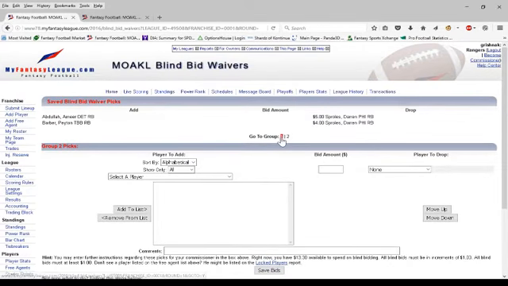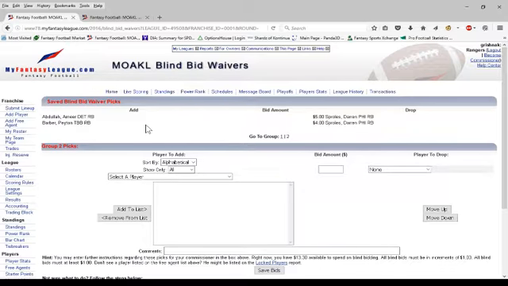Now again, we only have one group. We just modified the one group that we had by adding a new player to it, or a new bid to it. So here's our group 1. Here's what it looks like. So when it's our turn to bid, if nobody else has bid at this point, we would be putting up Amir Abdullah for $5 and trying to drop Darren Sproles, because when it comes our turn, the system looks at